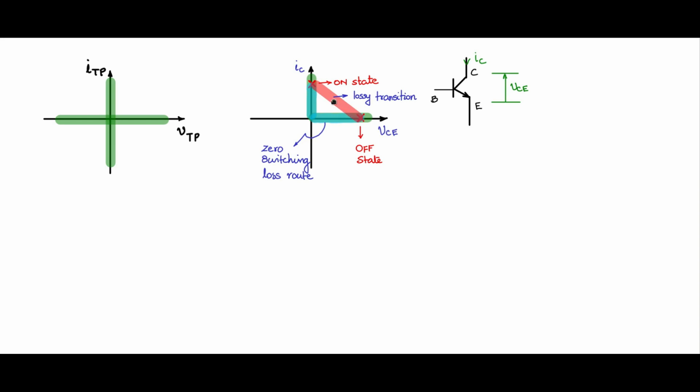We should actually try to avoid such a route, but all practical semiconductor devices do have this. They directly go through the linear region to reach the other state and back again through the linear region to reach the off state. We should try to make this as quick as possible to reduce the switching losses, or we try to put additional circuit such that it doesn't go through the linear region but goes through this route. So let us design the drive circuits keeping this kind of a background in mind.